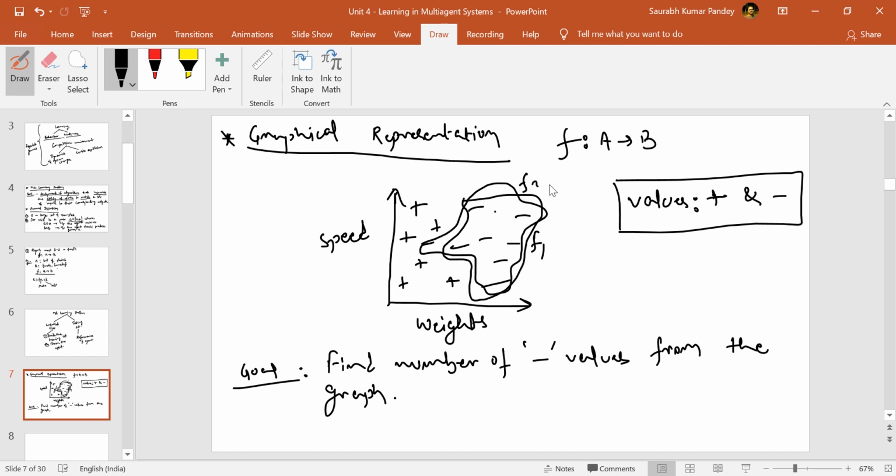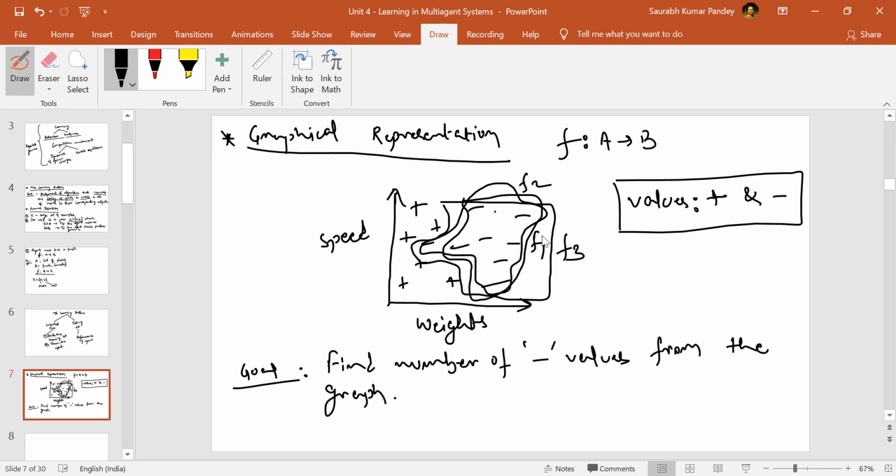Fine, so this could be your function f2. Okay, and some other function is there that is trying to segregate all your minus values like this. So this is your function f3, है ना? ऐसे कितने functions हो सकते हैं? हो सकता है कि कोई एक particular set है जो किसी एक माइनस को छोड़ भी देता है, कोई एक क्लस्टरिंग हो रही है जिसमें दो माइनस वैल्यूज छूट जा रहे हैं, ठीक है? तो जो जो जिस जिस फंक्शन में कुछ वैल्यूज छूट गए हैं, so those functions are not correctly mapping your a to b, okay, not correctly clustering your minus values, है ना?